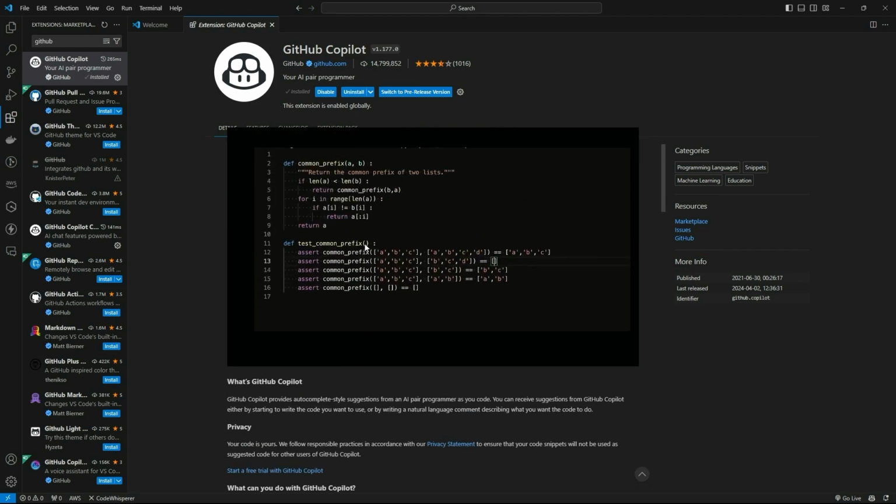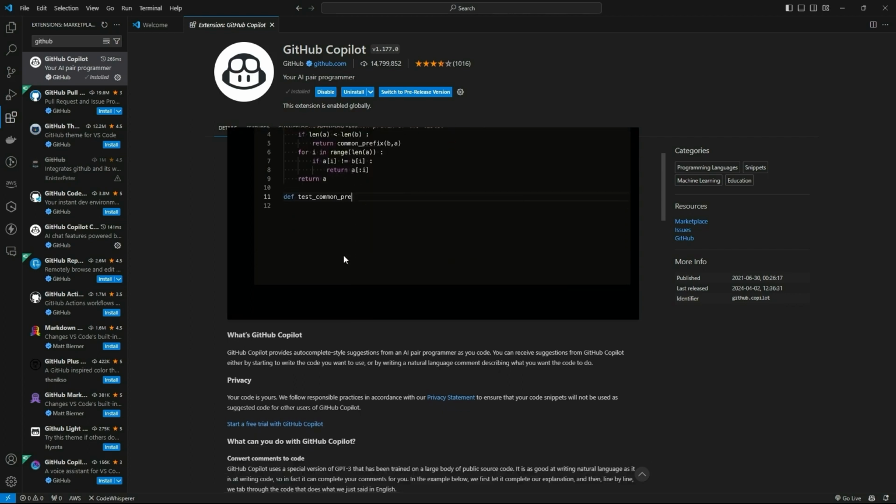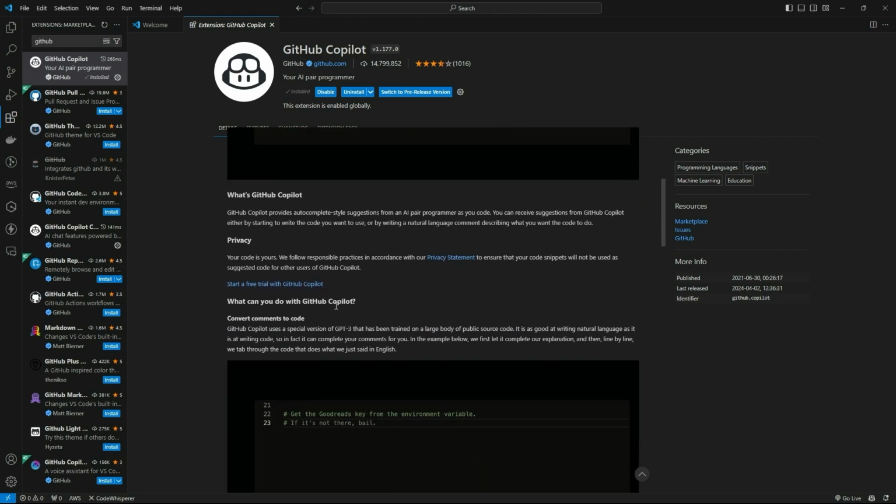So for example, if you're defining a function in your Python program, if you start with it, it's gonna suggest and help you generate other lines of code. And you can also ask Copilot at runtime in a comment command and ask whatever you want, and it's gonna respond to